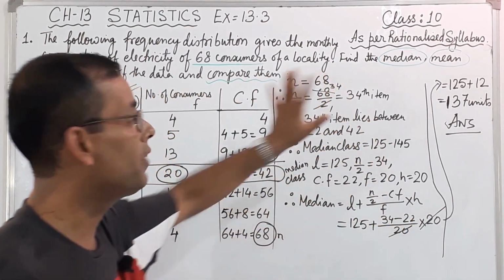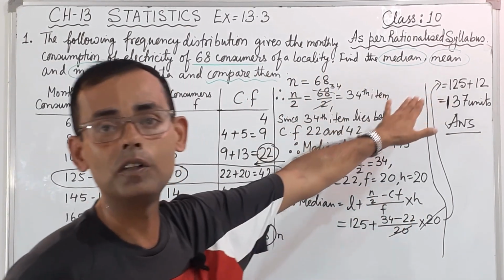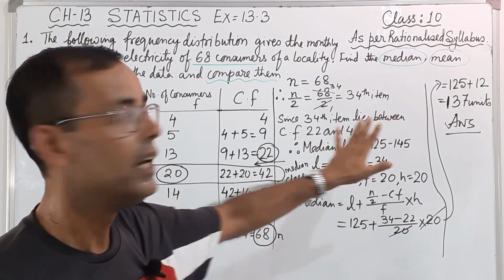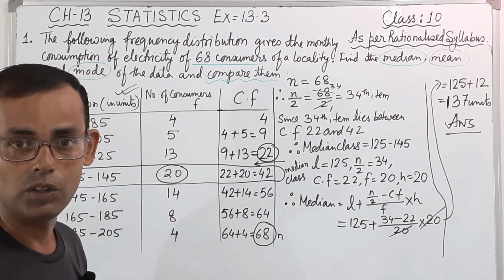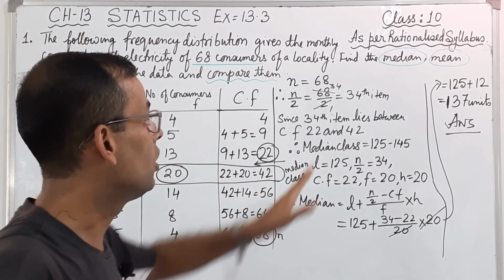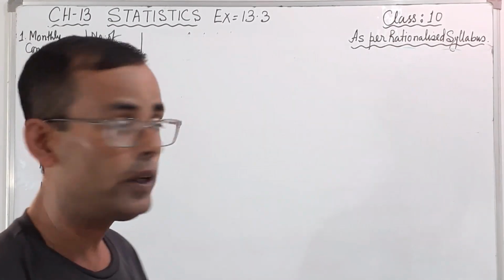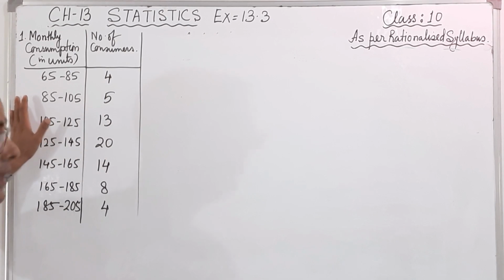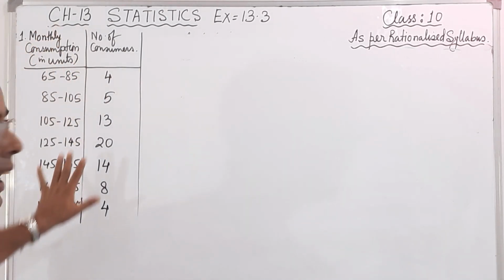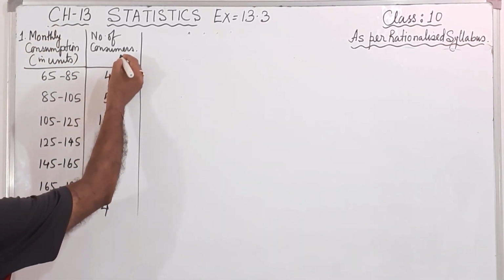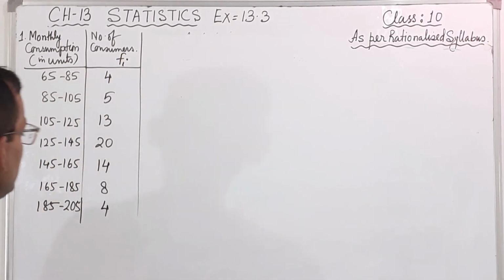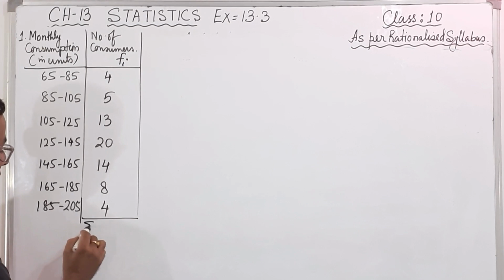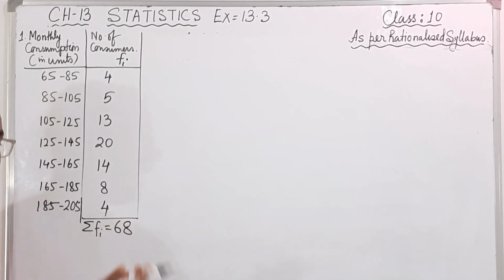Now, once we have found out the median, now we will find out the mean. So we can do it in this chart only, or we can do it separately also. So let's start solving the mean. I have written the data, the chart again. And the second one is the frequency, so I will write Fi. Now we are going to add it, summation Fi or sigma Fi, and that will be 68 only,